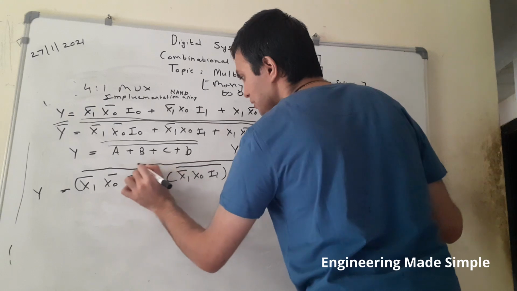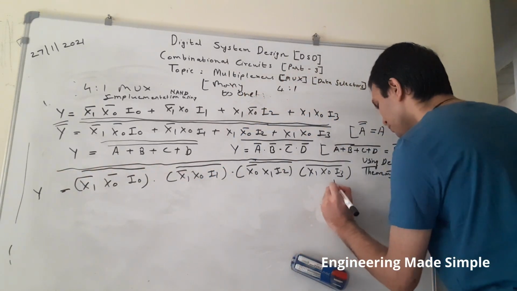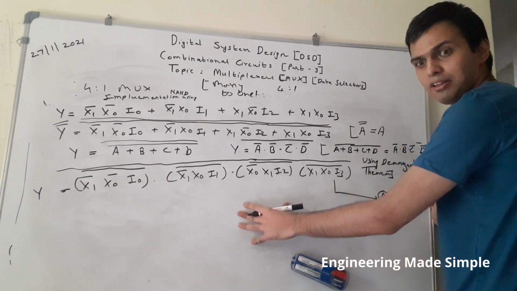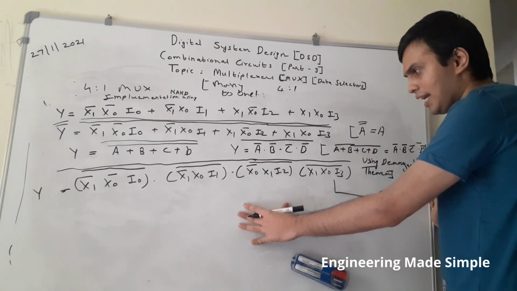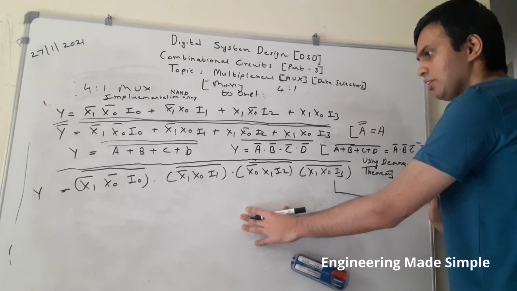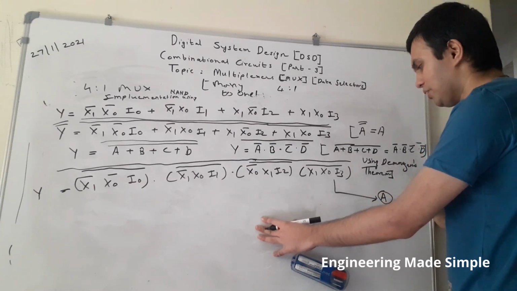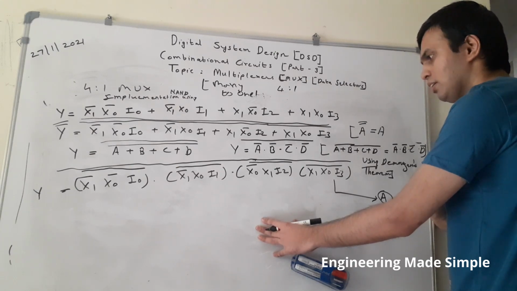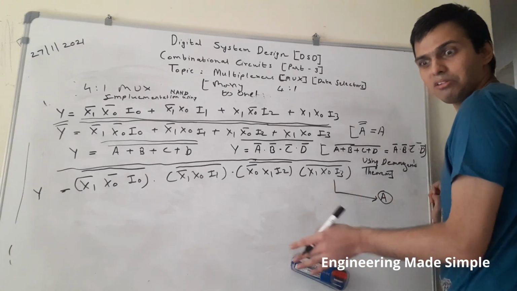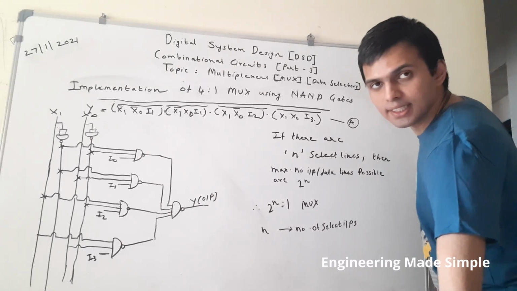So now let us label this particular one as equation number A. Now this particular equation we are supposed to implement using NAND logic. So this is the equation which we got now. You can take this equation down so that I can proceed with the circuit implementation using NAND logic. I hope you have taken this down, because I need to erase it in order to show you the implementation. So now let us implement using NAND.